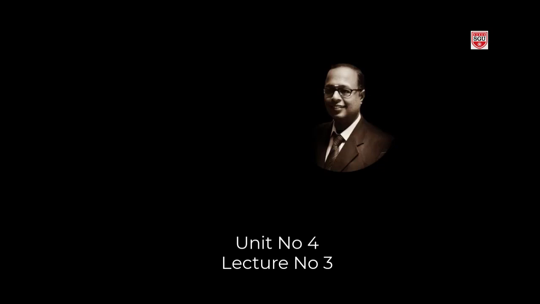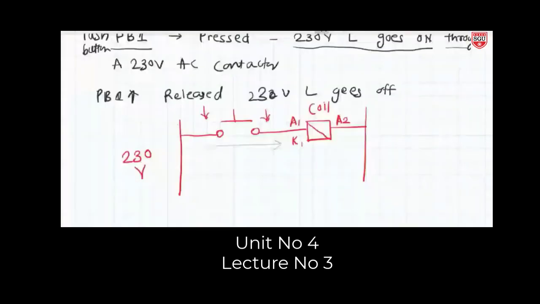Then what is happening in this circuit? Just understand. When I push this push button down, current will flow from this direction to that direction, and the coil will get activated. What will happen as a result of this? The coil is activated. That's all. You will hear a sound like phat, and the coil will get activated.